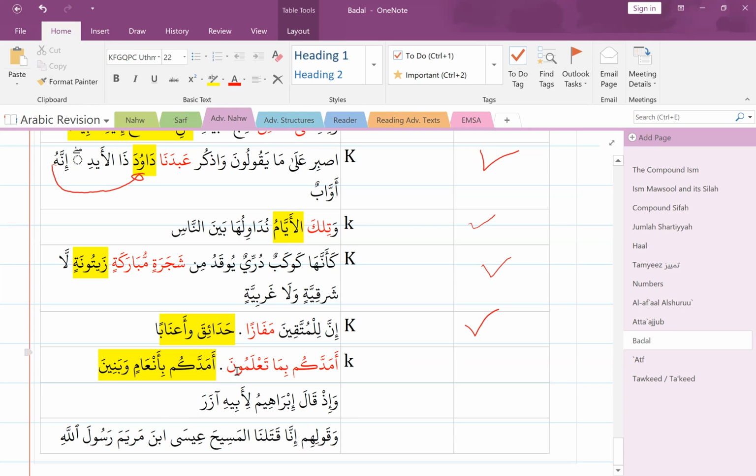Do they tell us whether it's badal al-kul or badal al-ba'd or badal al-ishtimal? They do for badal al-ishtimal and badal al-ba'd. They would do that sometimes. Otherwise, it's badal al-kul. I rarely see it; they just say badal because that's the main one. Badal al-kul is the main one, so sometimes they just don't say it. Okay, yeah, good. Thank you.